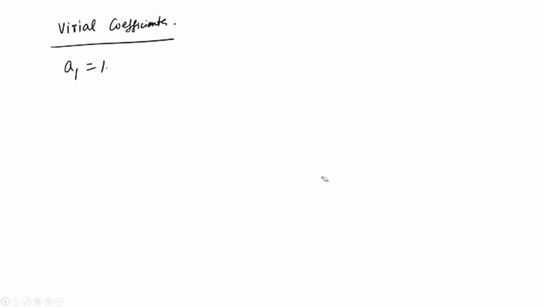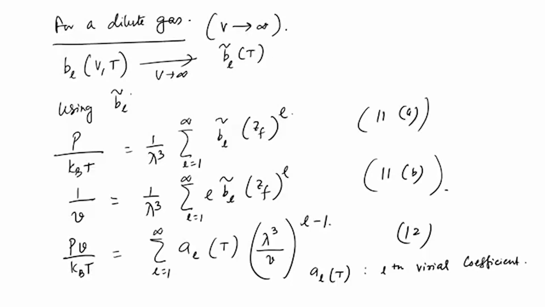So, which means that if you are at the lowest order, it does not give any correction to the gas. If you look at this expression, because your BL tilde is also equal to 1 for the lowest level, that is L equal to 1 graph, then that gives you no correction,